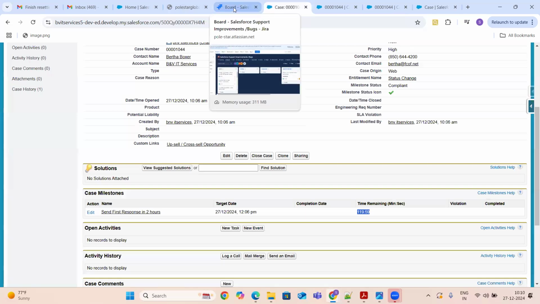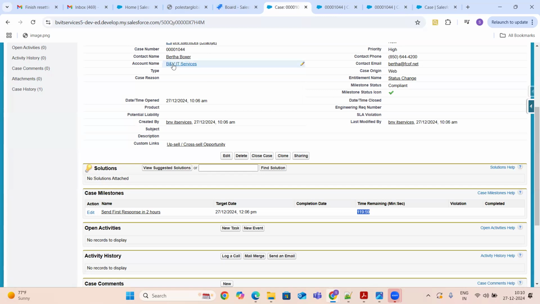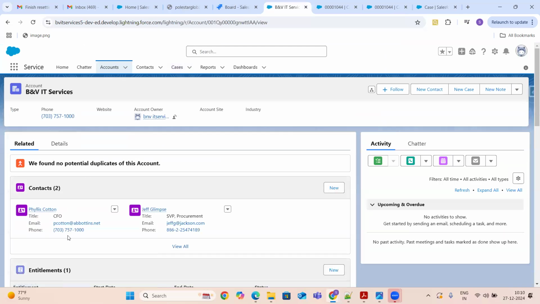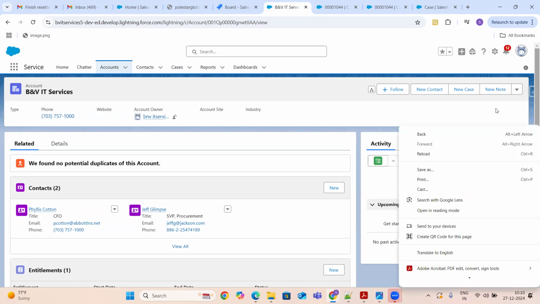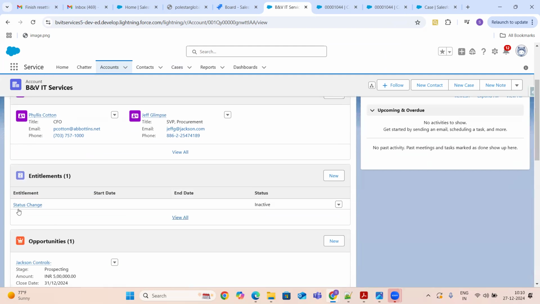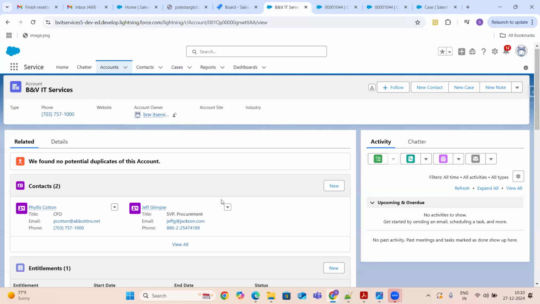From the account, we will go to the entitlements, and from the entitlements, we will create the case, right? First we will open up our account record, and then we will open up our entitlement records. All the objects that you are seeing under the related tab, we call child objects of the account, guys.